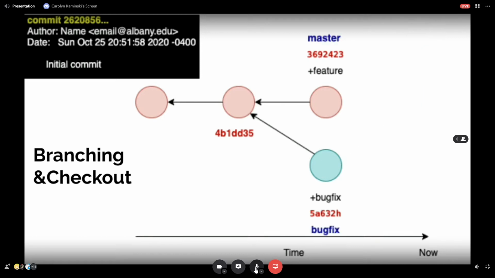The other thing you can do is check out as how you go between branches, because it won't show up in your history, but if you're on the master branch, you say git checkout bug fix, and now you're suddenly on this bug fix branch, which means,